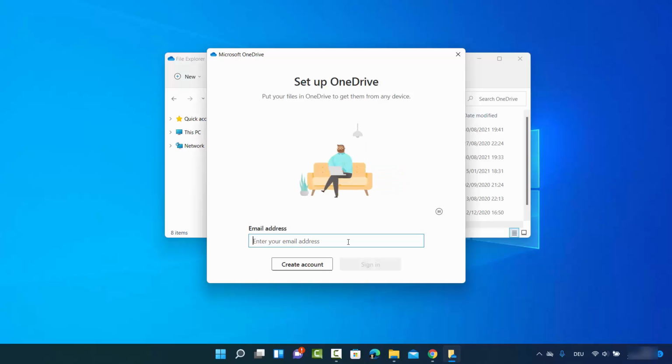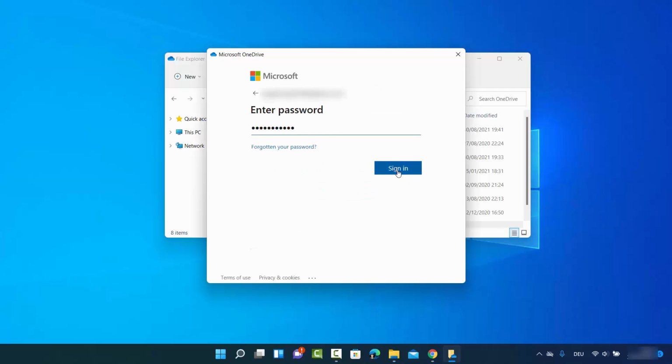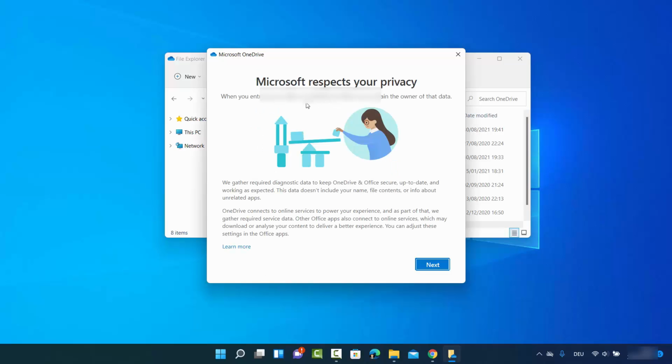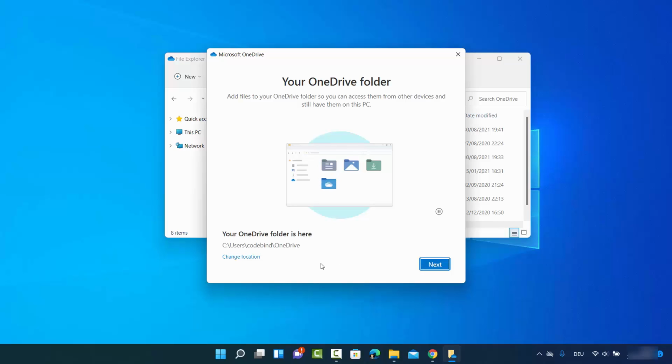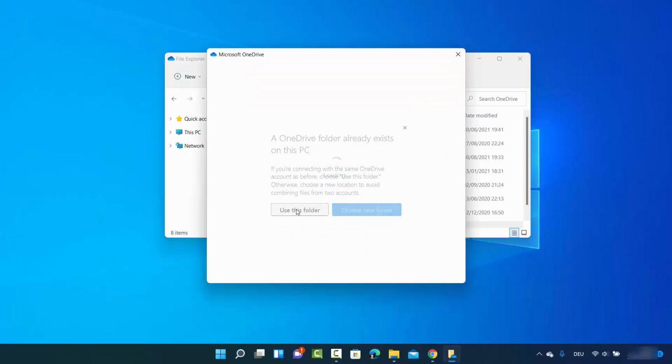So you just need to provide your email ID. So once you have given your email ID, click on sign in and then provide your password and then click on sign in. And now you are signed in with your Microsoft account. So you just need to click on next here and you see it says send optional data help to improve the app. I don't want to send it, so I will choose this one and then click on accept, and then I will just click on next here. I will use the same folder,